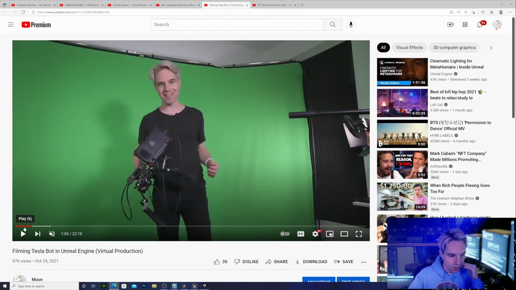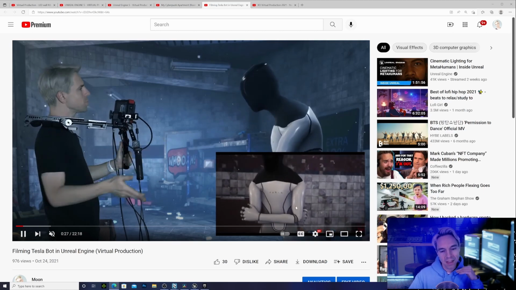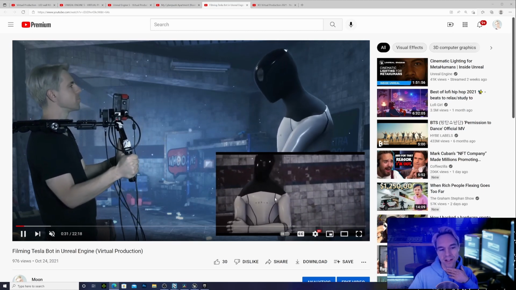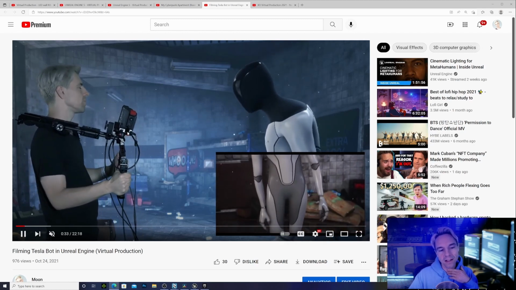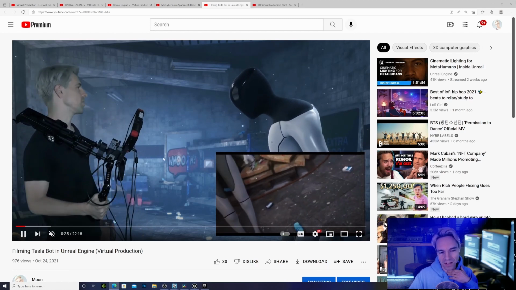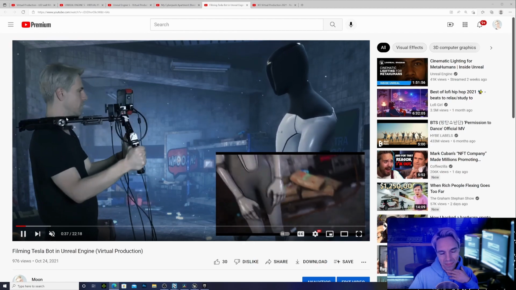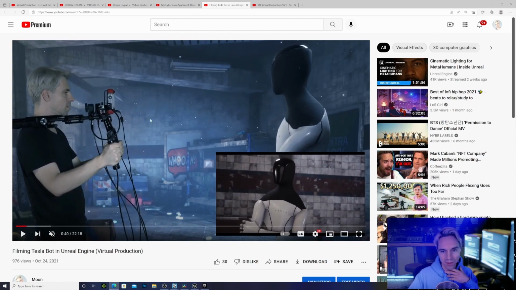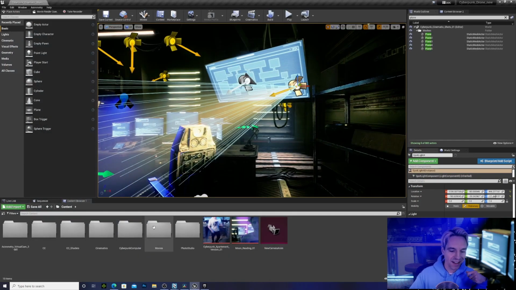This is also the vanishing point system that I'm filming the Tesla bot with here on the right side. Oh, it's just a virtual scene. It's also just the Intel sensor. Yeah, and the composition is on a tripod, so no tracking system for this picture. Okay, long story short, when we go now to Unreal Engine